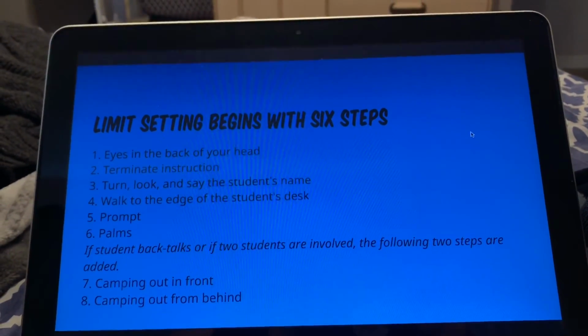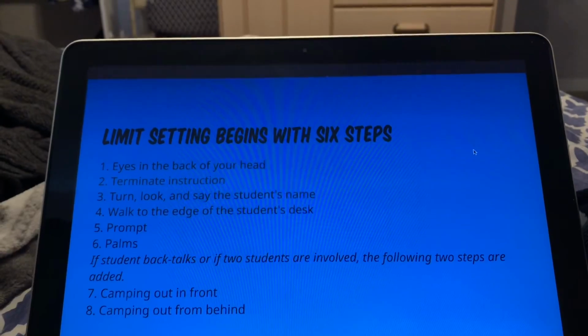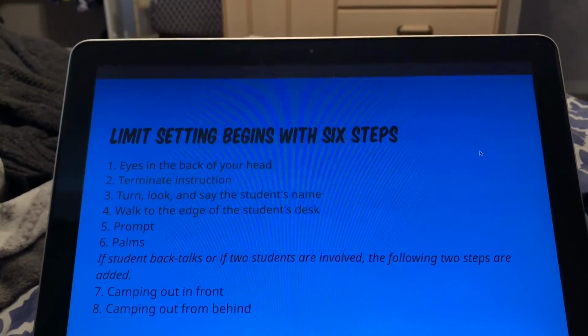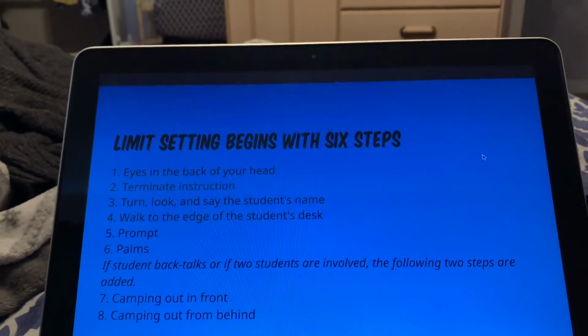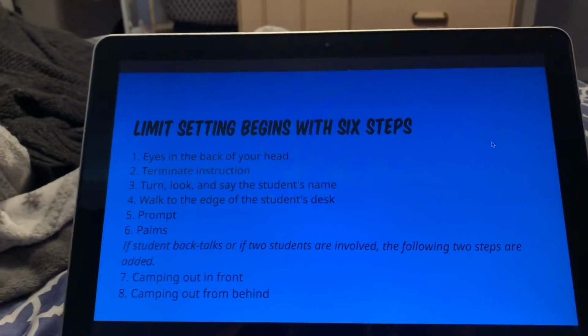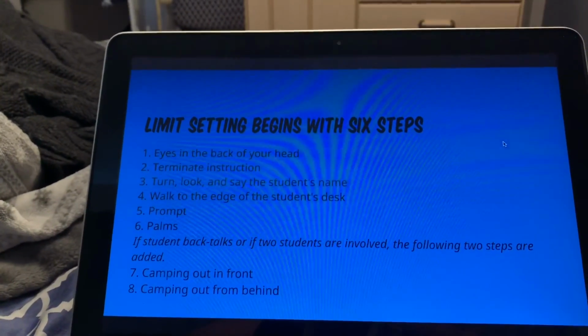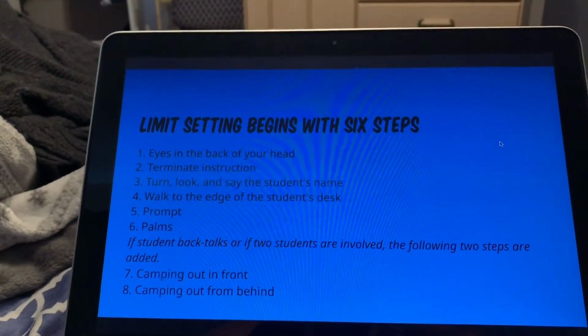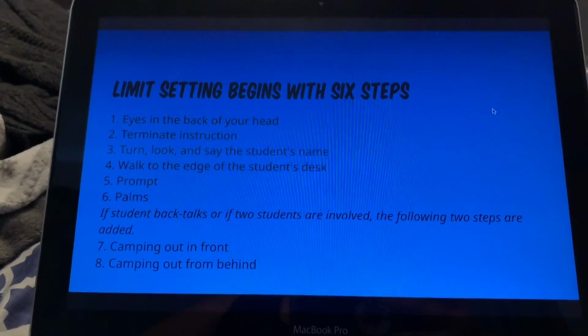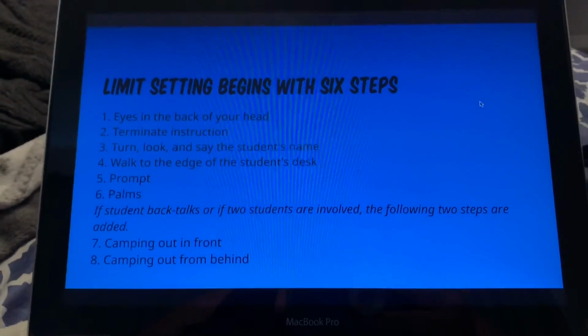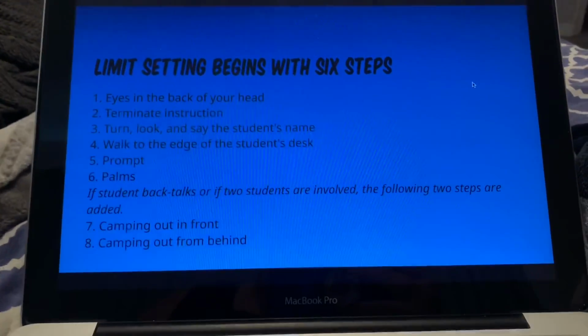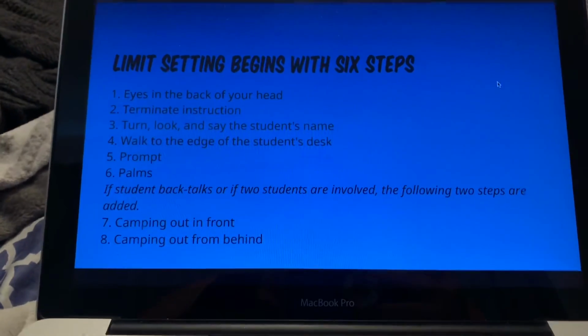So Jones describes the golden rule of dealing with backtalk as doing nothing or waiting out the student. When the student stops talking, the teacher should give a prompt, wait, and move away. The teacher should never move out until confident that that child or student has begun work. And if it's multiple students engaging in this behavior, then you camp out from behind,